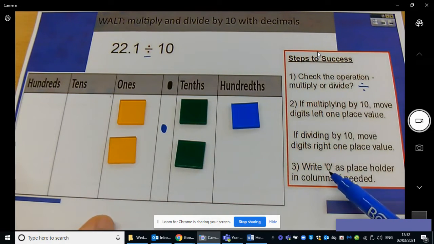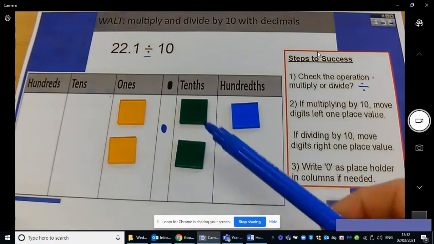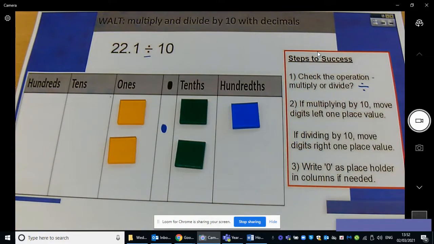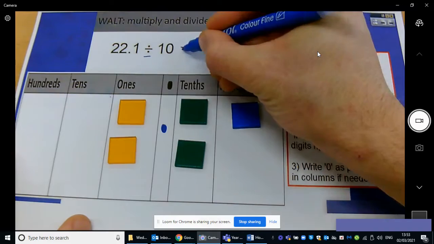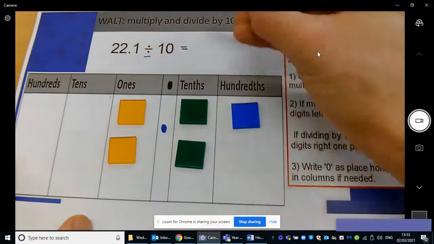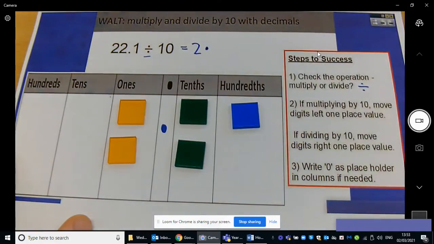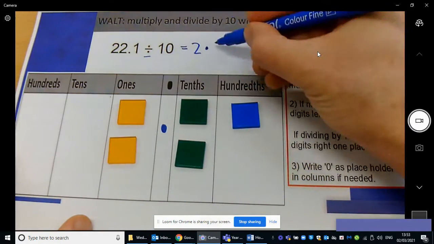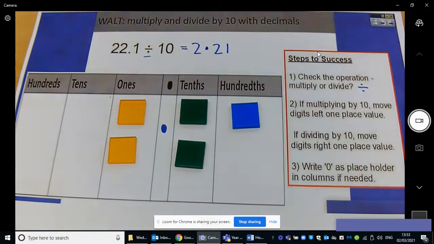Therefore, and then write a 0 as a placeholder in the columns if needed. We don't have a placeholder here because all of our columns that are together have been filled up. So 22.1 divided by 10 equals 2 ones. Our decimal point, of course, which is really important to remember, our 2/10, and our 1/100th. So 22.1 divided by 10 is